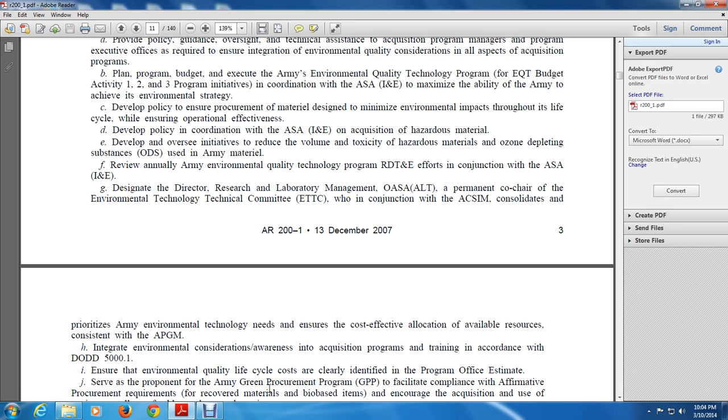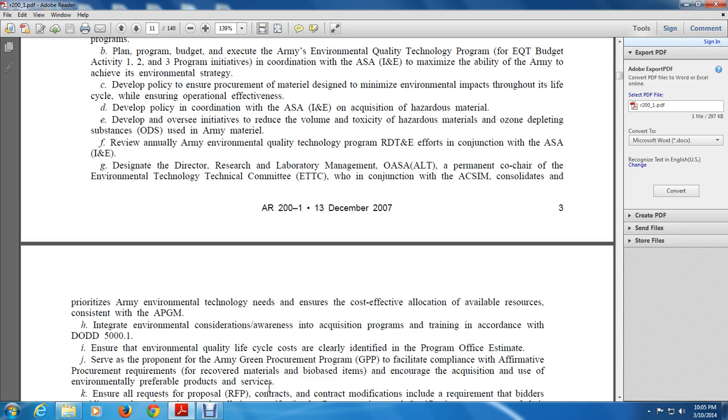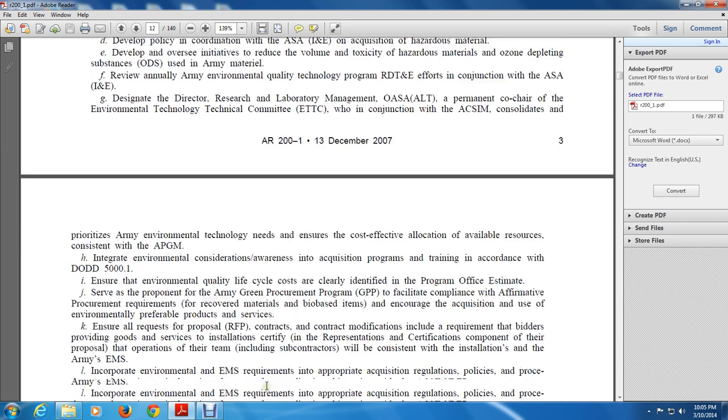Assess and promote the Army Green Procurement Program, the GPP, and facilitate compliance with affirmative procurement requirements for recovered materials and bio-based items, and encourage acquisition and use of environmentally preferable products and services. Ensure all